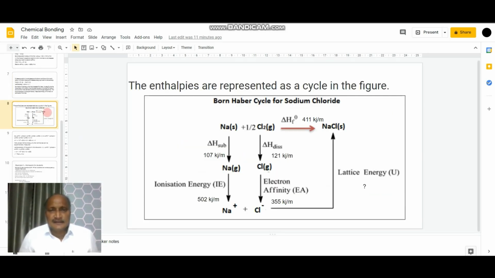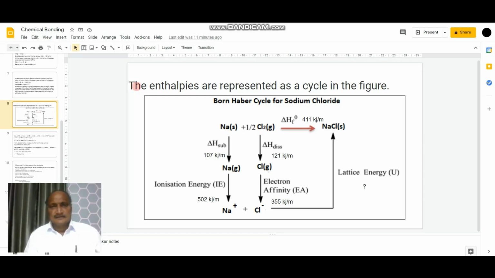So, the enthalpies are represented in the cycle called a Born-Haber cycle for sodium chloride. Enthalpies are represented with the help of a Born-Haber cycle during the formation of sodium chloride. According to Born-Haber, solid sodium combines with half mole of gaseous chlorine